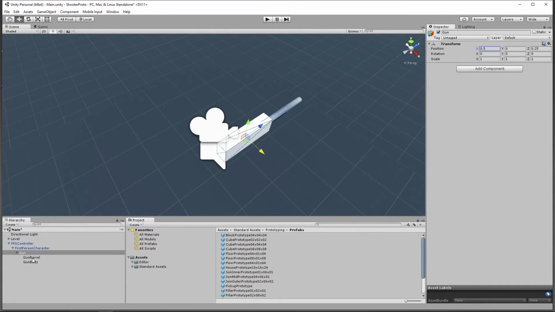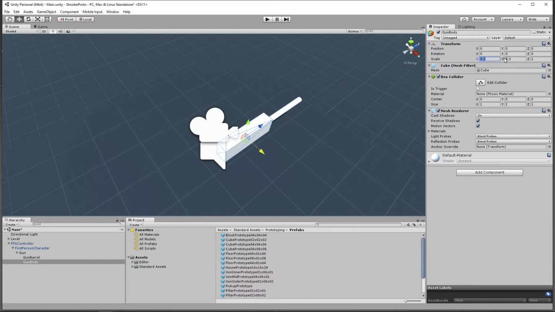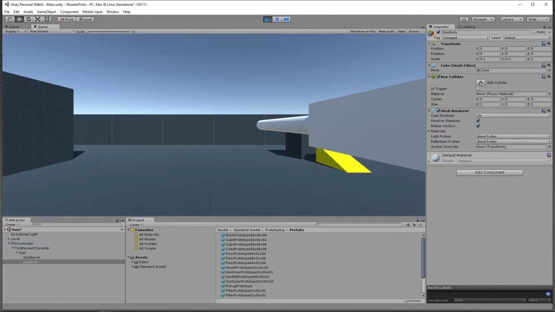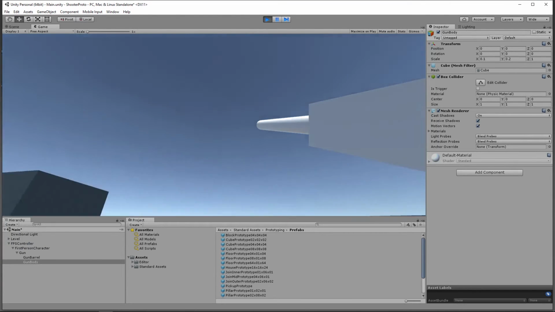Pick the gun barrel or the gun body, 0.1, and make this 0.2. Let's have a look what that looks like. All right, that looks more gun-like,